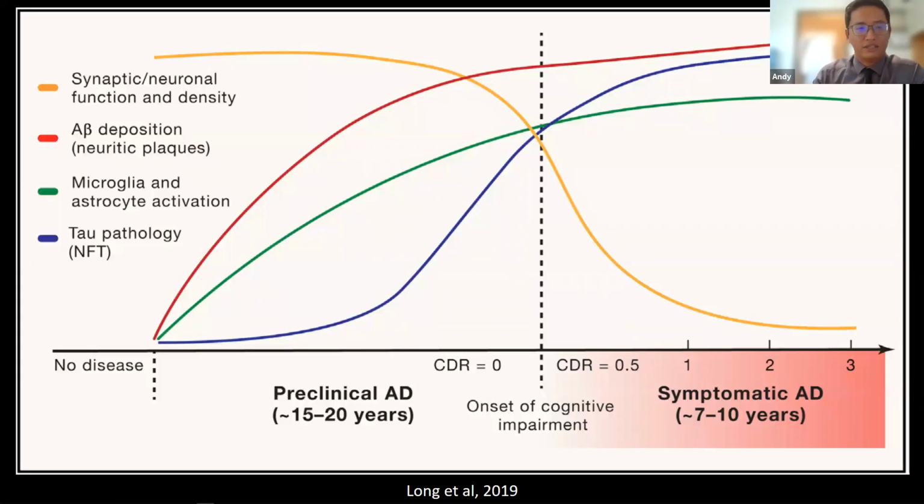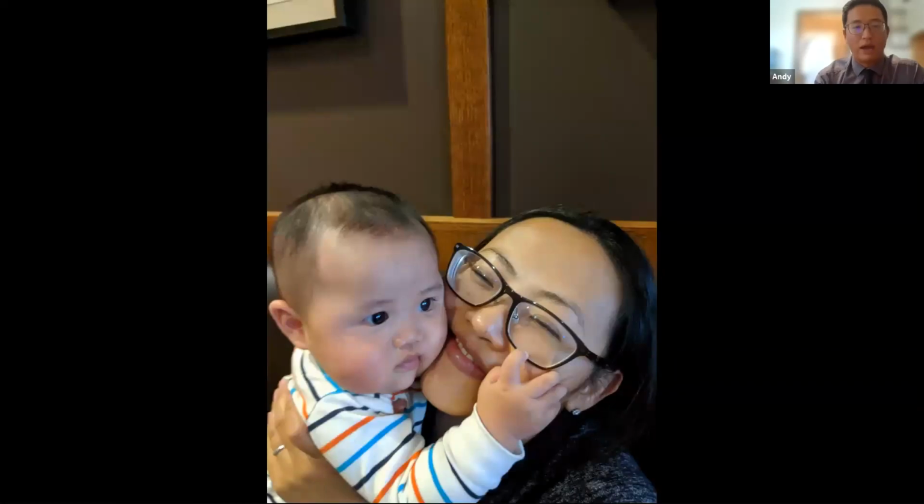what I'd like to point out is that the extracellular A beta deposition is shown in red, and that's something that we commonly look for both in the CSF,